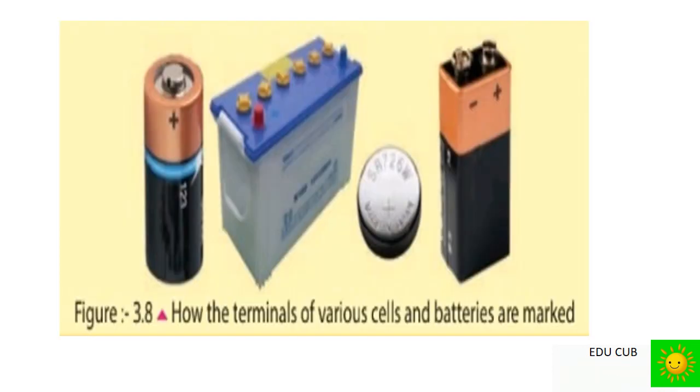Let's do this small activity to find out the terminals of an electric source. I have given you the picture of a set of batteries and cells. Now look, observe the data mentioned on the terminals. Now it may be clear to you that positive and negative terminals are marked in various ways on various types of cells and batteries. It is very important that terminals of cells and batteries should be connected correctly to the electric appliances.